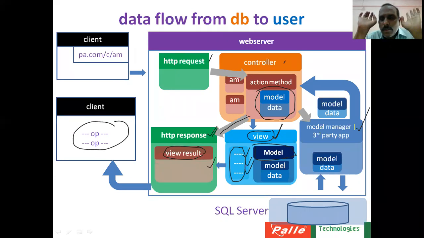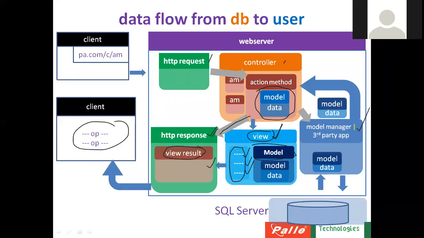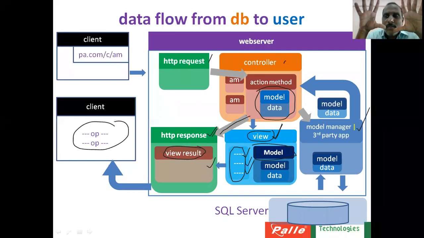Hope you understood. So data goes from your database to user in this fashion. Once anyone understands this data flow sequence, understanding MVC coding will become very simple. Nothing is there in MVC; it is all about understanding how the flow is happening. So this is only one way flow, that is sending data from database to user.